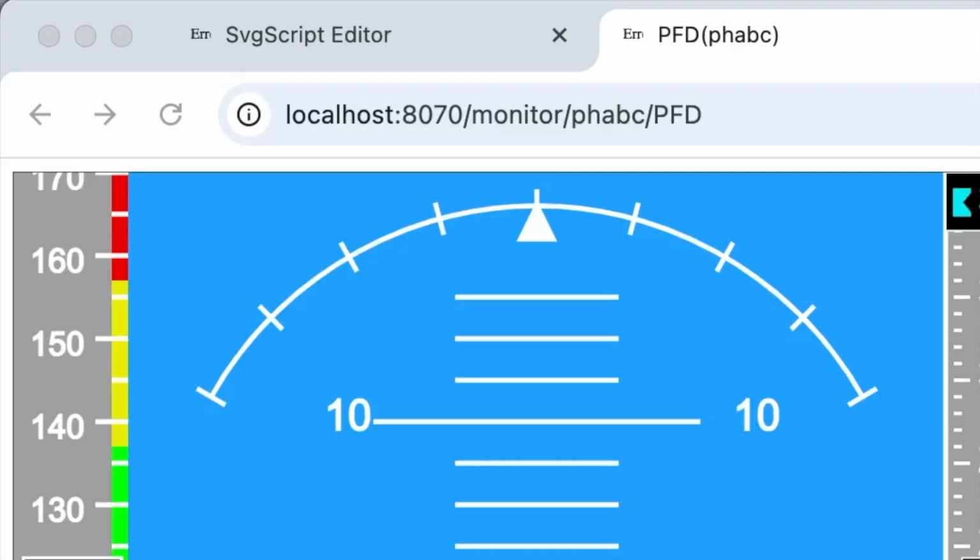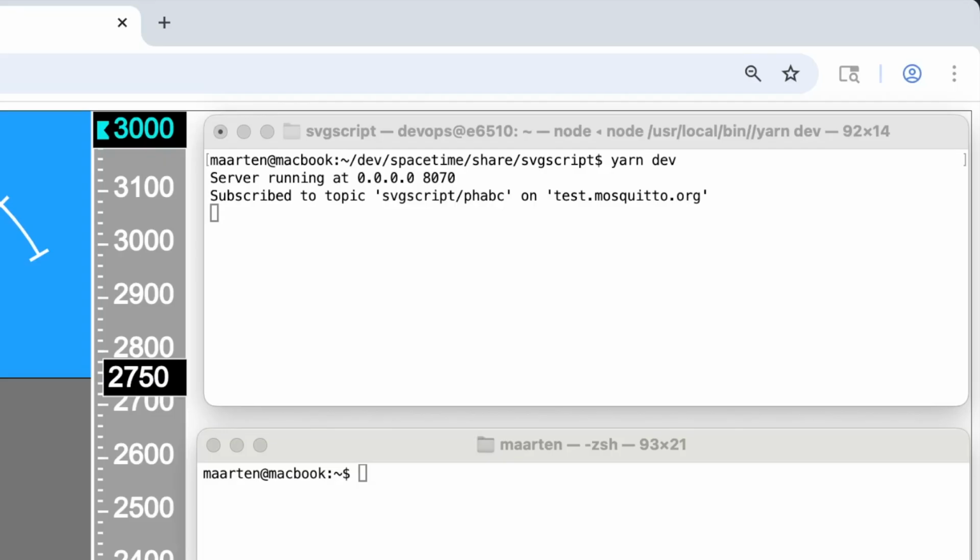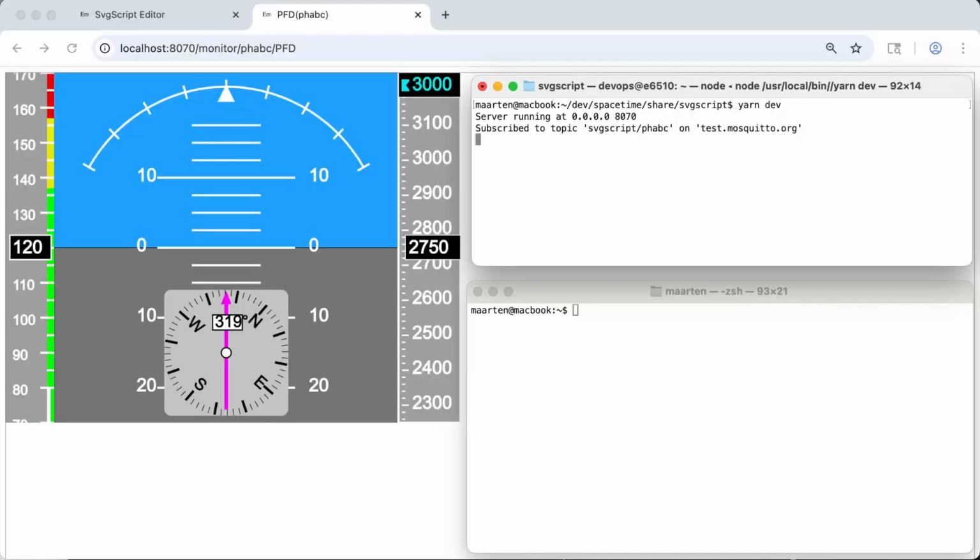We can now use this display for dynamic monitoring of the aircraft state. The link for monitoring starts with monitor, followed by an ID of the object and the name of the part. When the link is invoked, the server listens for messages on an MQTT server and dynamically updates the display using